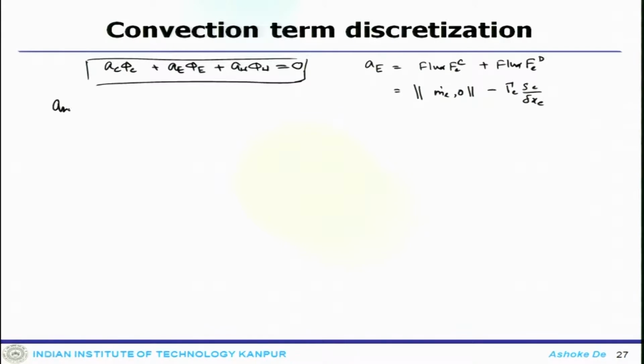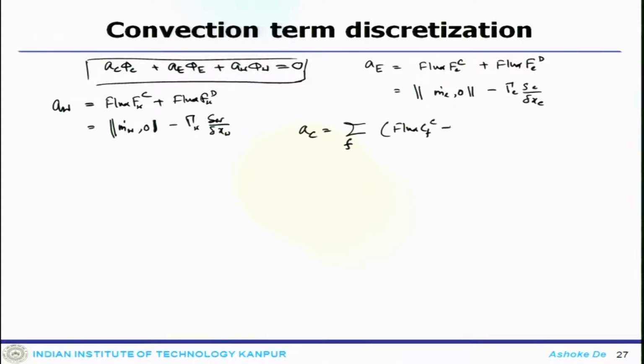For E W, this is flux F W convection plus flux F W diffusion, which is m W 0 minus gamma W S W by del x W. And AC is summation over phases